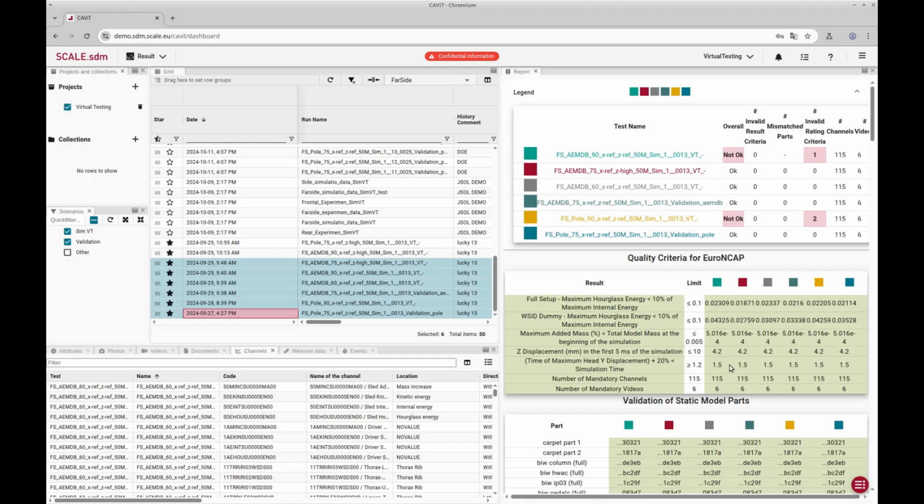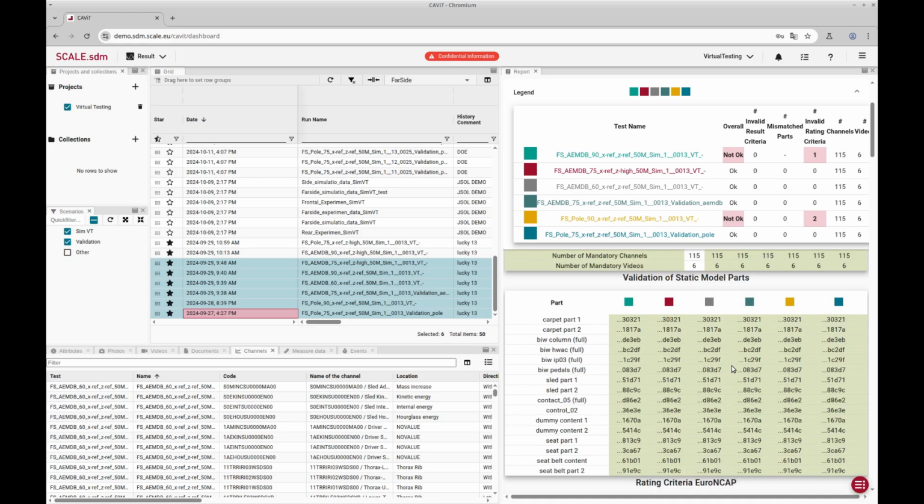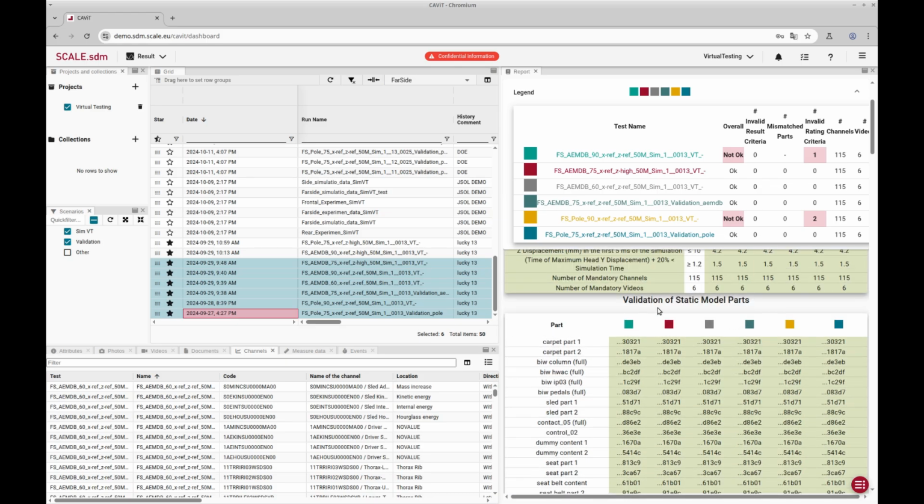After the quality criteria, we have the block with the validation of the static model parts. Most of the parts of the input model should not vary or change between the simulations. So in the submission process, for each model part which has to remain static, there is a so-called hash calculated.